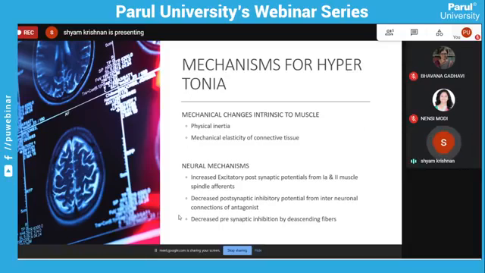First is the physical inertia. The inertia is dependent upon the mass. Obviously, a person who has had a stroke 3 days back is not going to have a change in the mass of the lower extremity. So there should be something else. The second thing is the mechanical elasticity of connective tissue, which we already discussed.